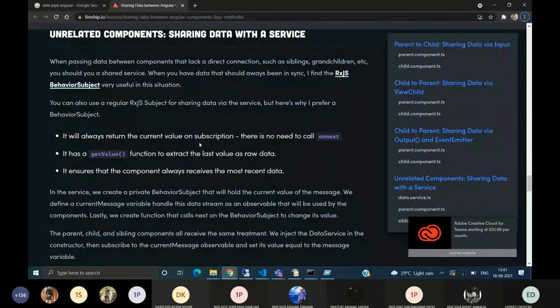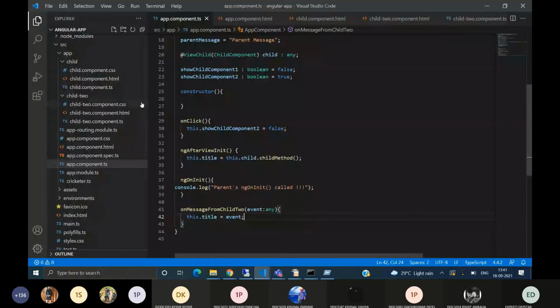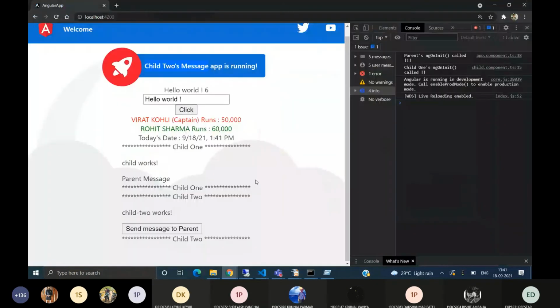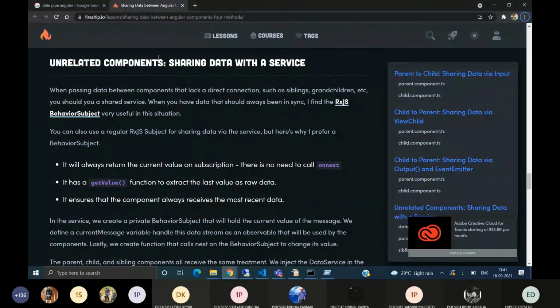Now data sharing between unrelated components. Both the child 1 component and child 2 component are unrelated to each other, and there will be many components in our application that will not have any direct relationship like parent-child. To pass data between them, we will use a service.